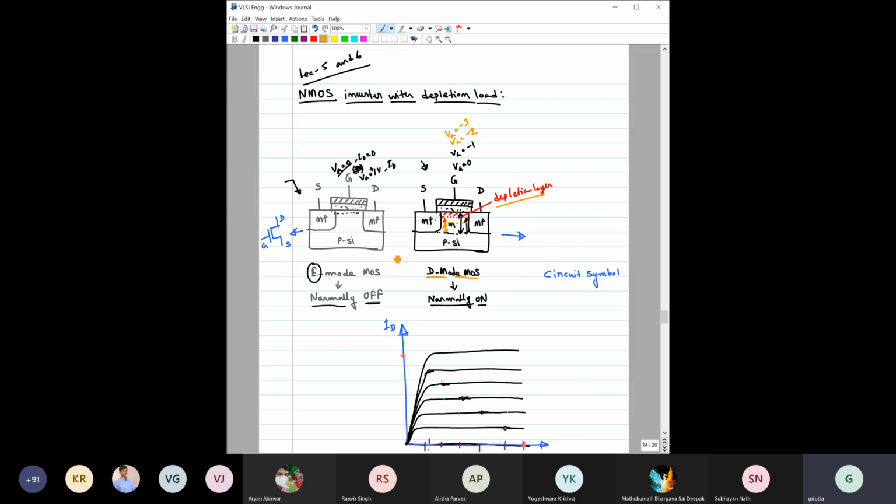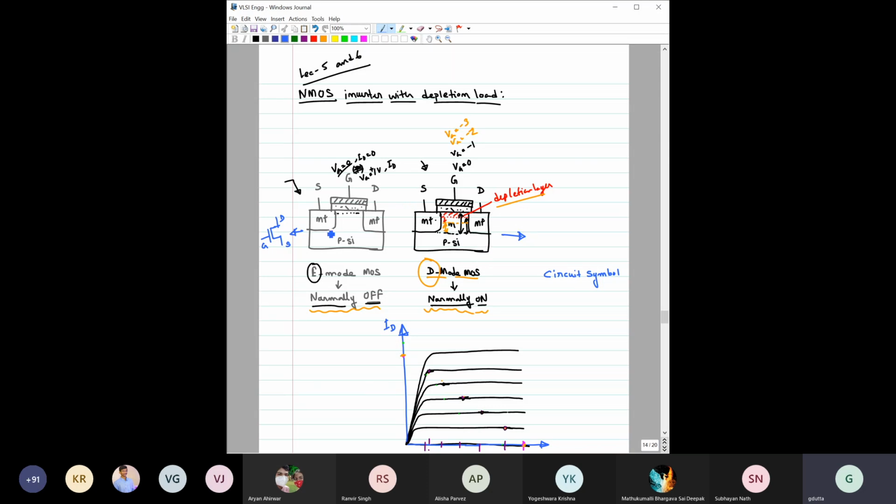So I hope this part is clear, from the construction and from the operation point of view, how enhancement mode and depletion mode devices are different and why they are called normally off devices, that is the enhancement mode devices, and why these D mode devices are called normally on devices. So any doubt? Okay. If there is no doubt, then let us move to the next part,